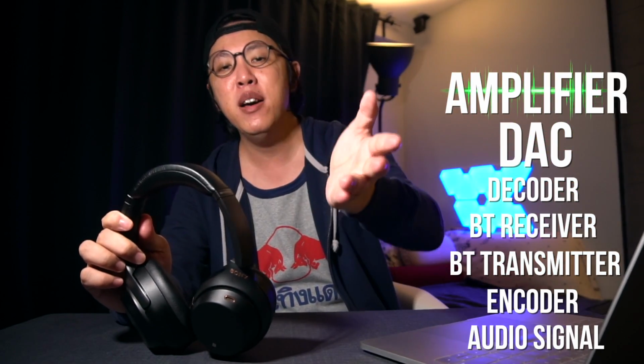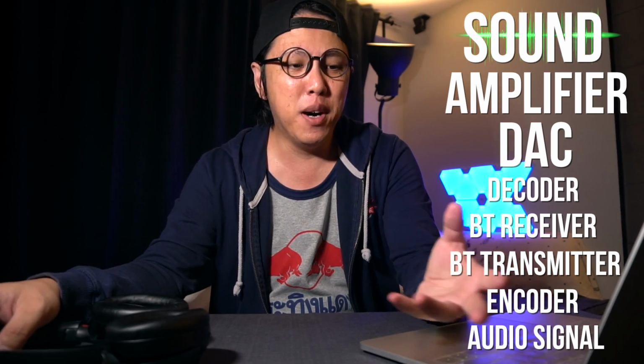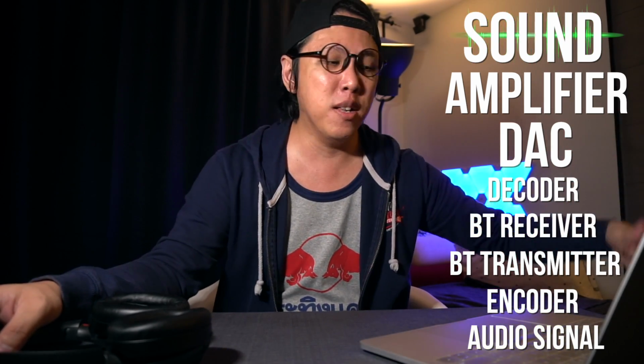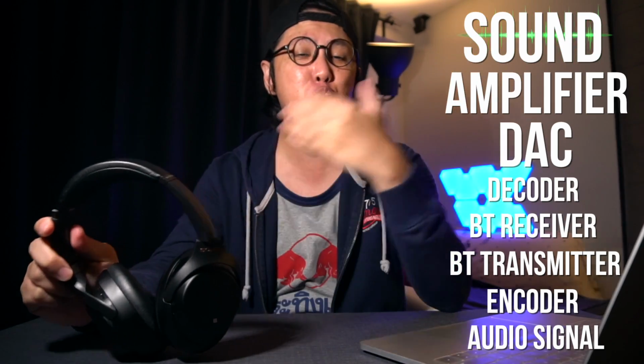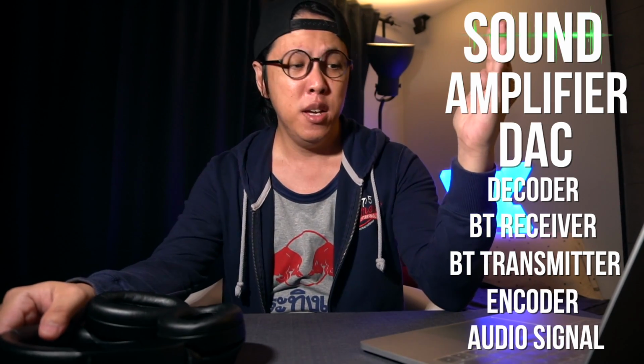So this is what the signal path looks like in this case. The audio signal gets passed on to the encoder, and the Bluetooth transmitter transmits the signal over Bluetooth to the headphones' receiver. The receiver catches the signal and passes it on to the decoder. Then the decoder passes it on to the DAC, to the amplifier, to your ears. Now I'm using your phone here as an example, but this could also apply to other devices like laptops and tablets. Obviously this is a much longer signal path, but what really adds to the latency here is the encoding